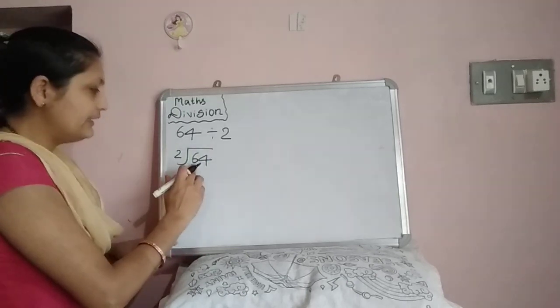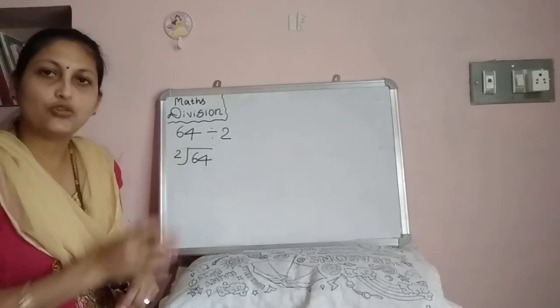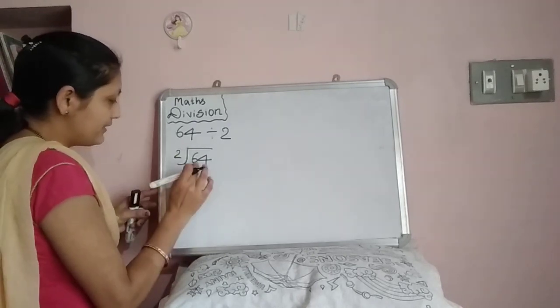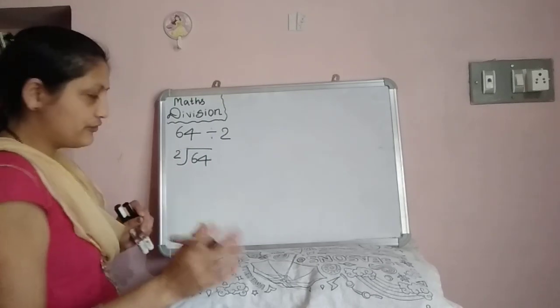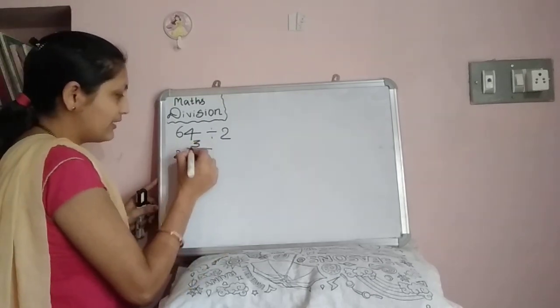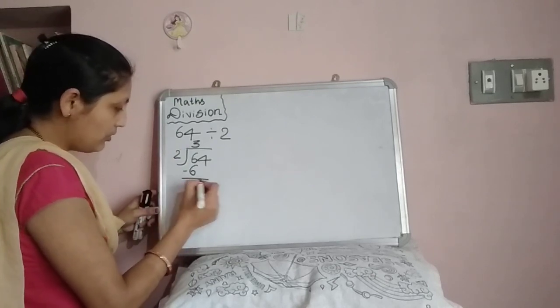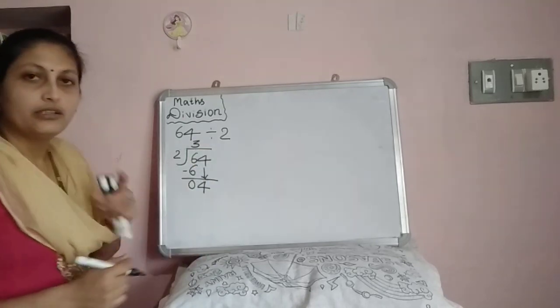So here the dividend in the tens place is quite larger compared to divisor. So I am taking directly 6. Okay. So first let us divide the 6. Use the table of 2. You will get 6 in the table of 2. So that is 2 3s are 6. Write 6 below 6. 6 minus 6 is 0. Now take down 4. Okay. Take the 4 down like this.